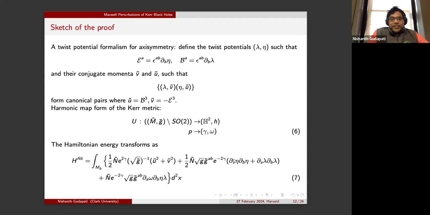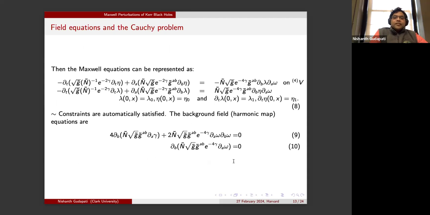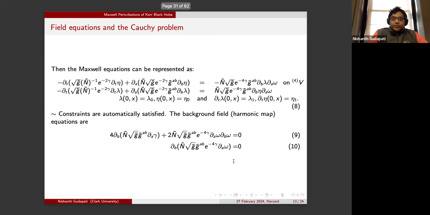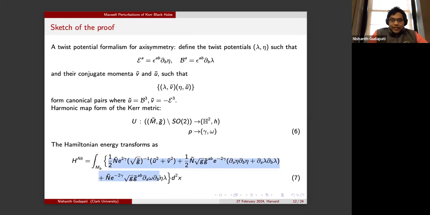But something interesting happens there. You can also construct the Hamiltonian field equations, Hamiltonian evolution equations in terms of those variables, and I listed that and so on. I'll come back to that later. So there's something very interesting that happens. You have this Hamiltonian energy, right, which has an indefinite sign, as we just discussed.